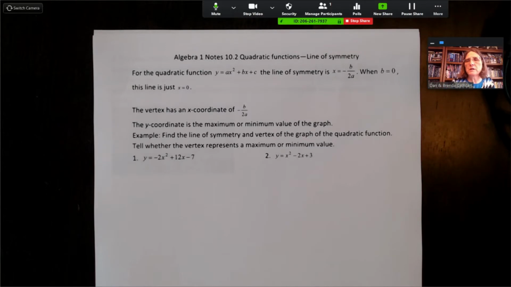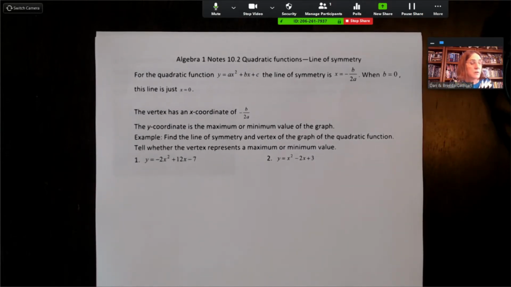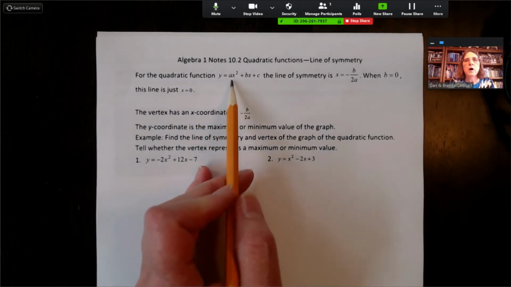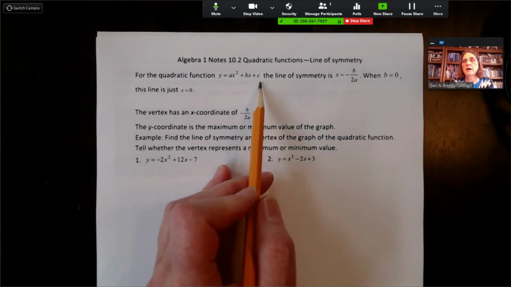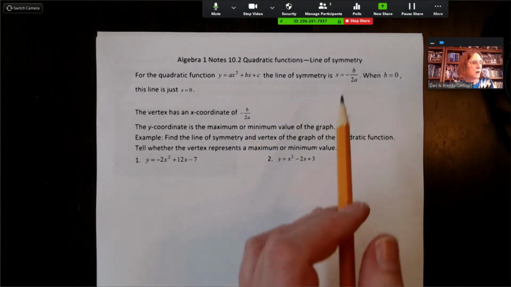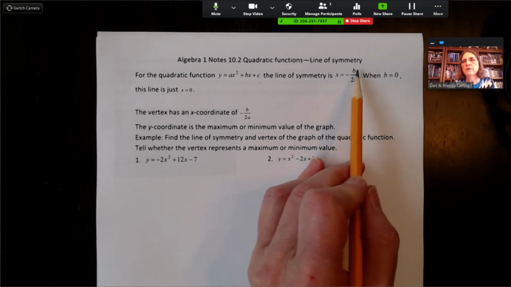This is an Algebra 1 class, and today we're going to look at quadratic functions, finding the line of symmetry and the vertex, and telling whether the vertex is a maximum point or a minimum point of the graph. To start with, the standard form of the equation for a quadratic function is y equals ax squared plus bx plus c. The line of symmetry is going to be found when we take x equals the negative of b